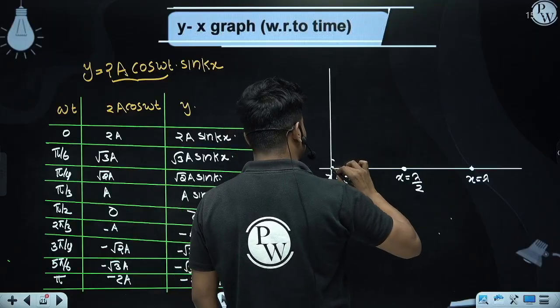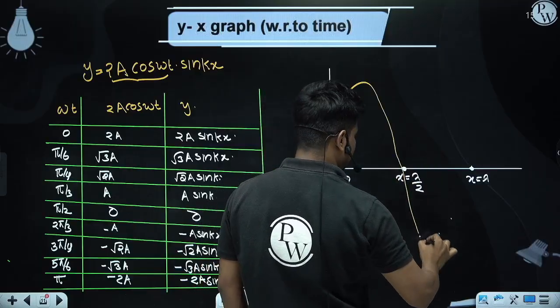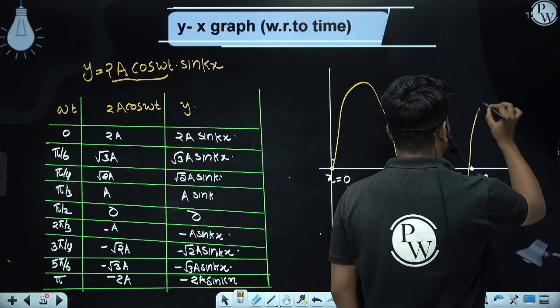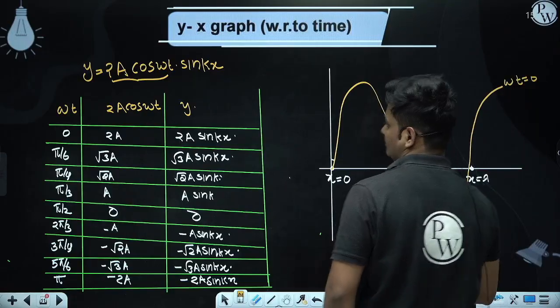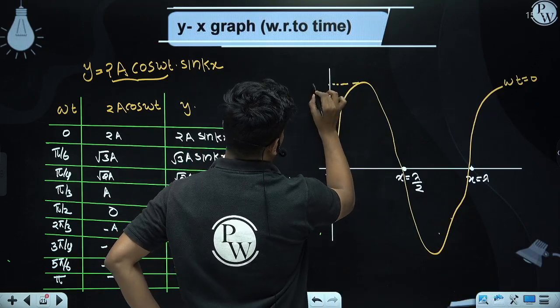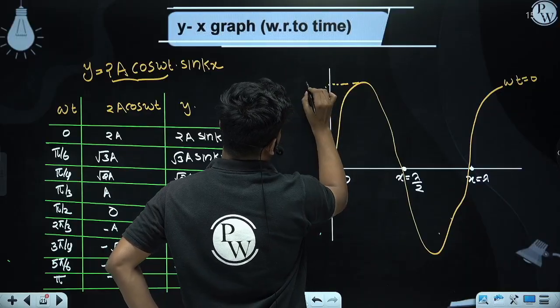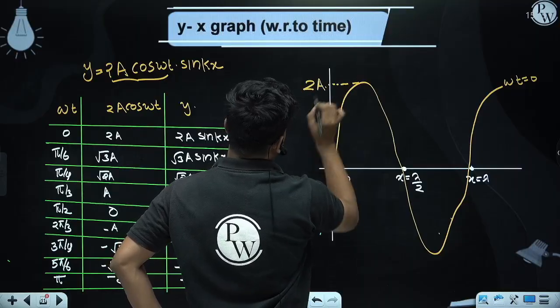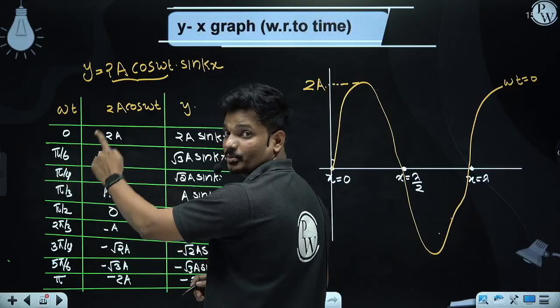Then just draw 2a sin kx like that. That means this is when time is equal to 0. Then this is our sine graph. What is the amplitude? The amplitude is 2a. The next one, when omega t becomes pi by 6,